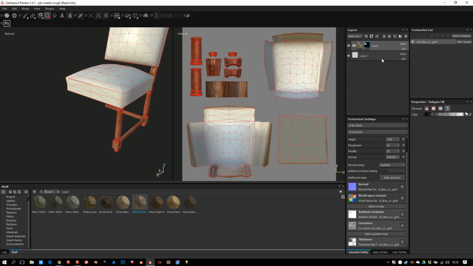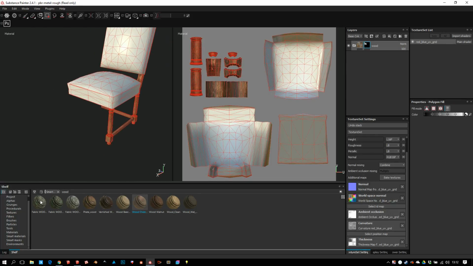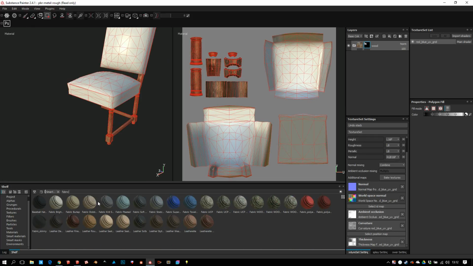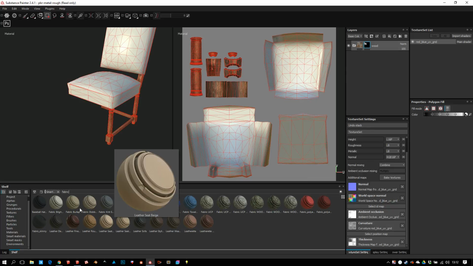Now we have to apply fabric. This layer is redundant, I'll delete it. So now I have to apply a fabric material. So again, I'll go fabric. And what have we got? We have some of these. I want a nice